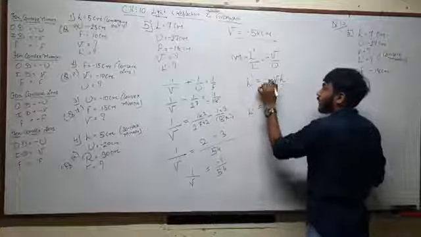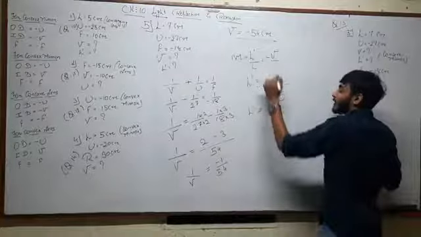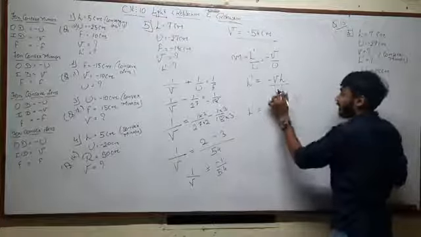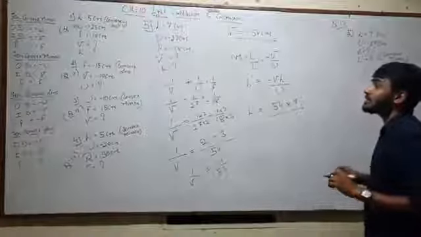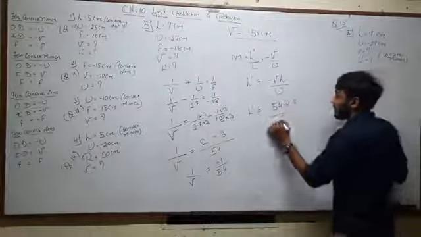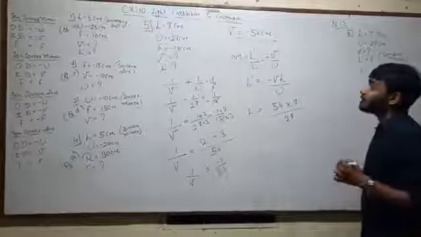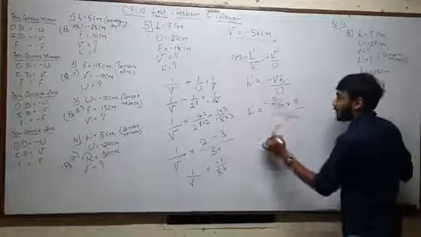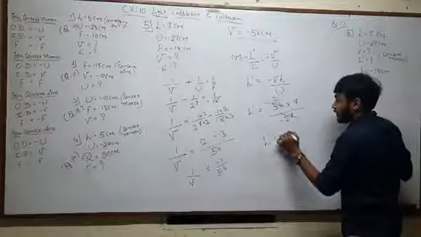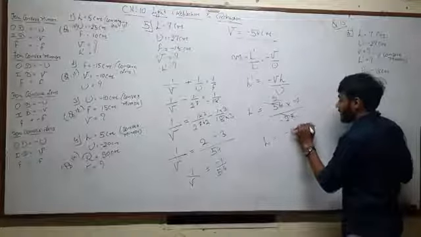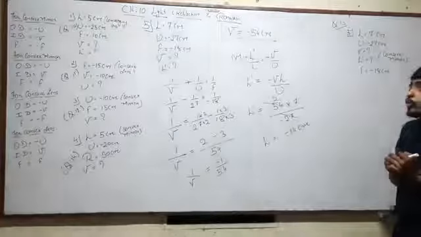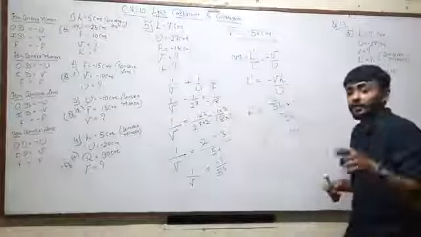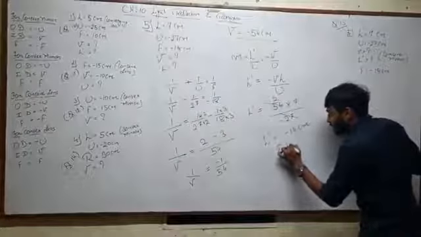So H prime becomes what? Minus V, that is already minus 54, so that will be plus 54. H is 7, and object distance is minus 27. I hope you are clear with this. You can cancel this out with 2, and so this becomes minus 14 centimeter. So students, you can see over here that the height of the image is more than the height of the object, and so it is enlarged.